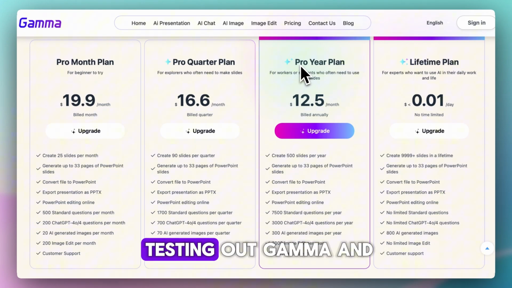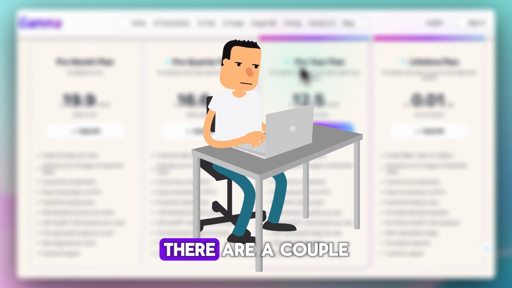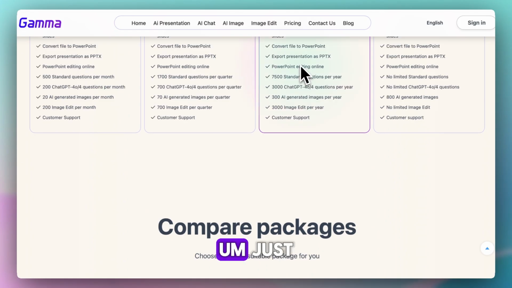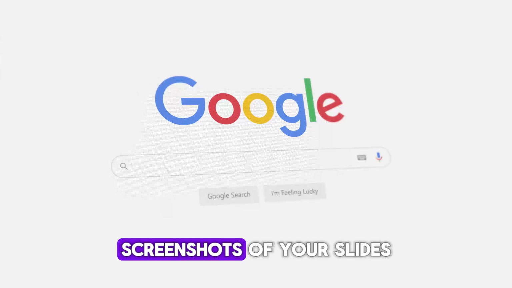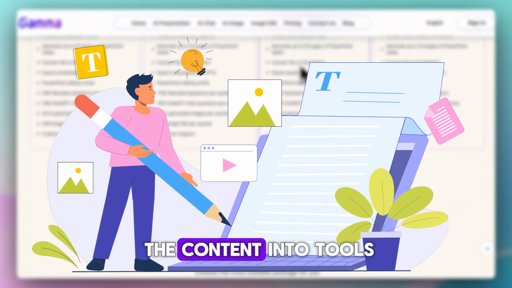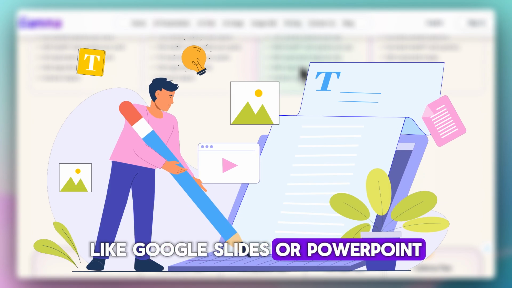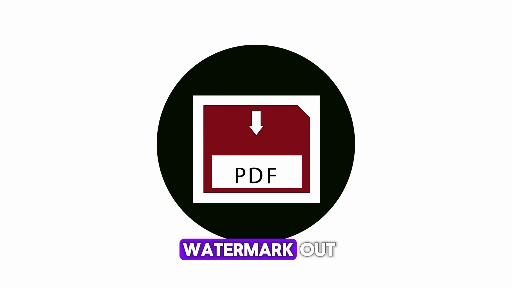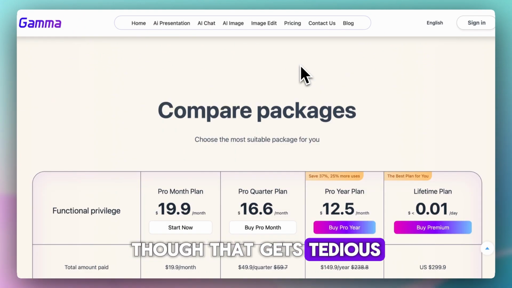But if you're just testing out Gamma and don't want to commit yet, there are a couple of workarounds. Just know that they're very limited. You can try taking screenshots of your slides and manually cropping out the watermark, or copy and paste the content into tools like Google Slides or PowerPoint. If you've already exported, a PDF editor can help you crop the watermark out, though that gets tedious for full